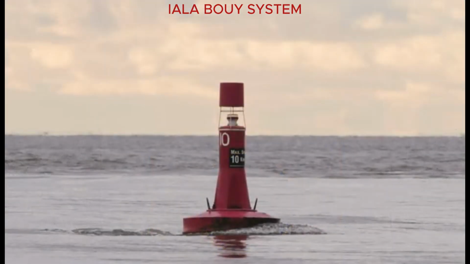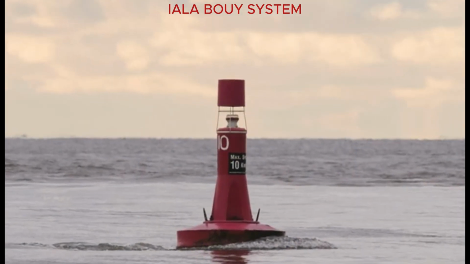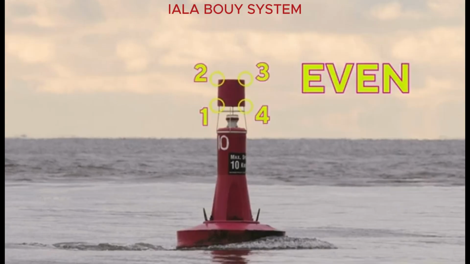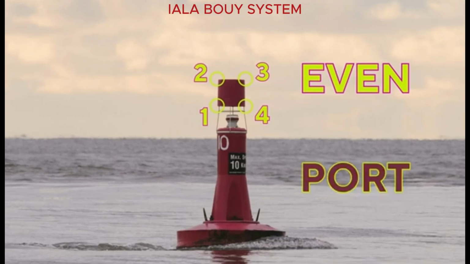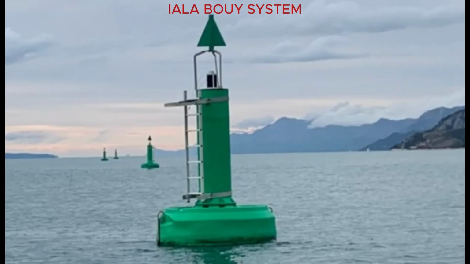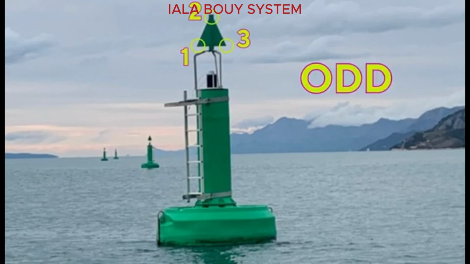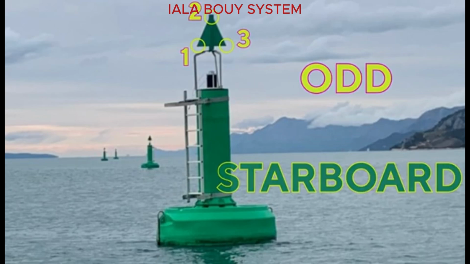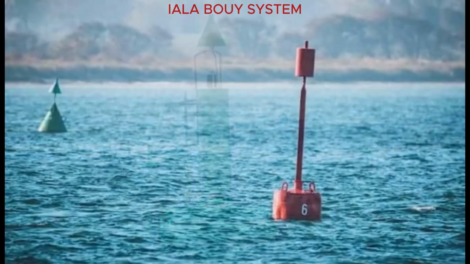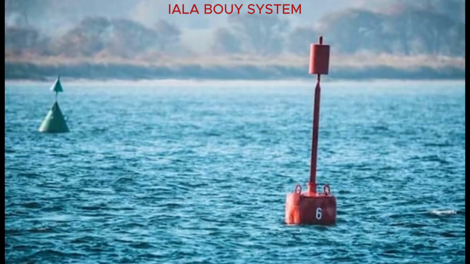I therefore assume that the lateral top marks work on the same principle. A square, having 4 corners and representing a figure with an even number of angles, always shows the port hand mark. And a triangle, having 3 angles and representing a figure with an odd number of angles, always shows the starboard hand mark. So regardless of the color of the buoy or whether the paint is gone from it, thanks